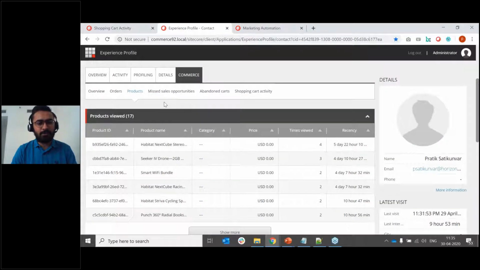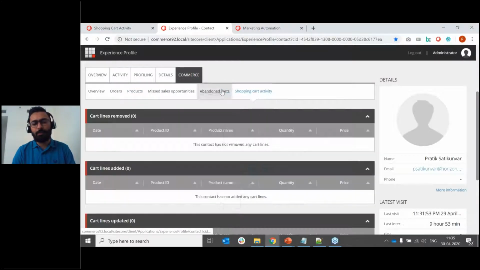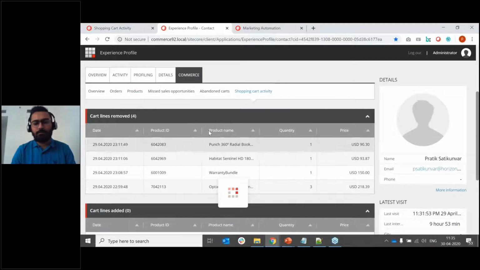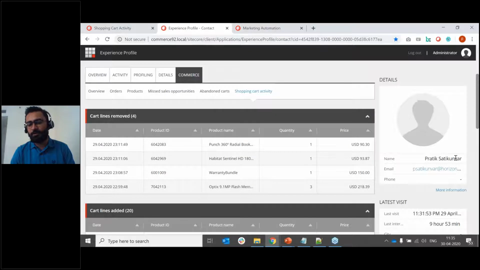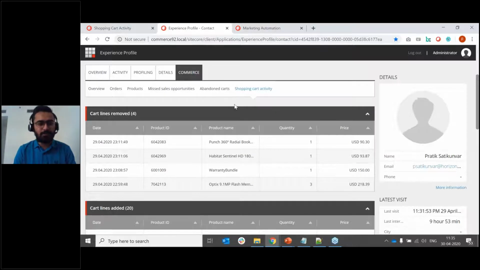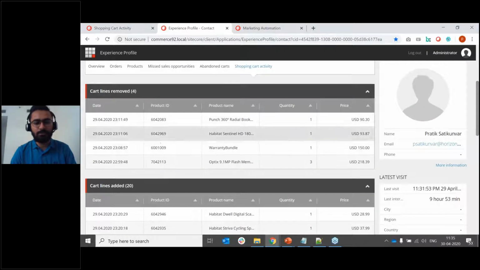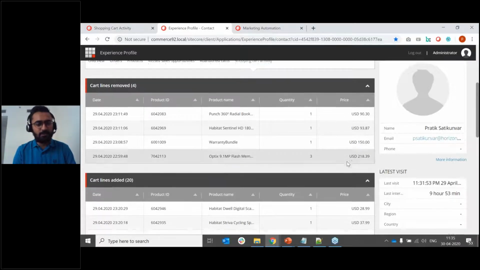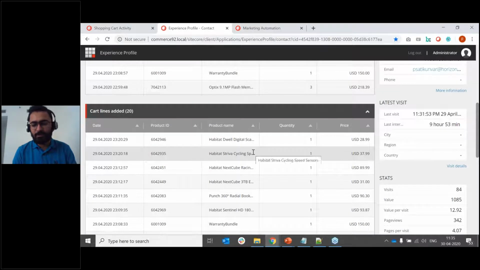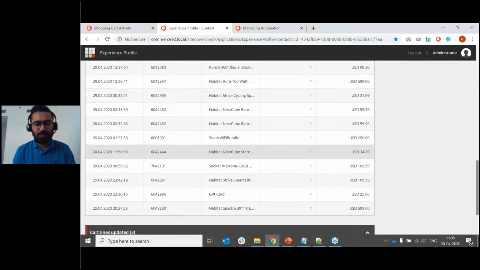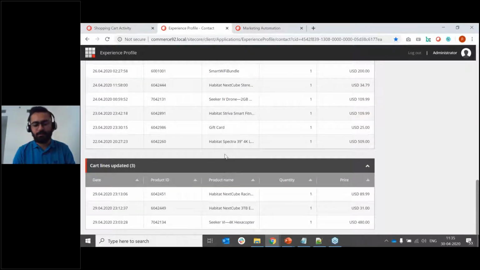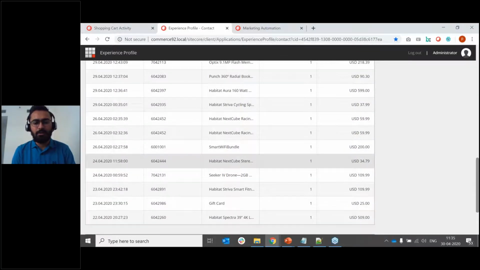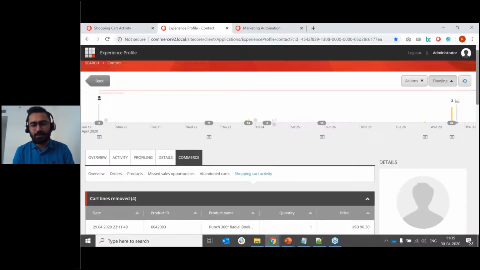And in experience profile, we have this shopping cart activity where I get all the information this particular user has performed on cart: what kind of line items he removed, how many quantities there were, what the price was, what line items he added, and what line items he updated. This can be retrieved later for giving personalized content or a personalized offer to that particular user.